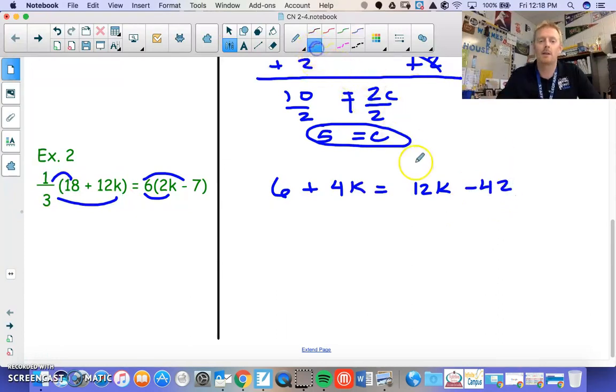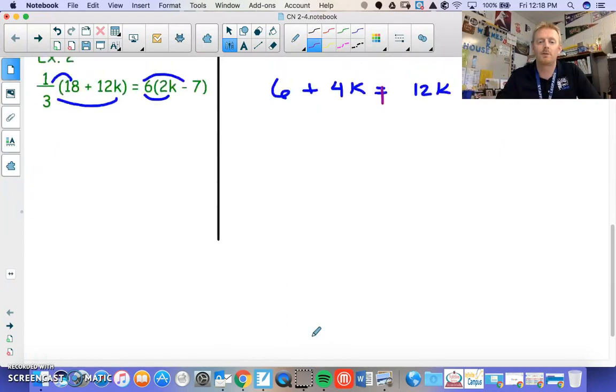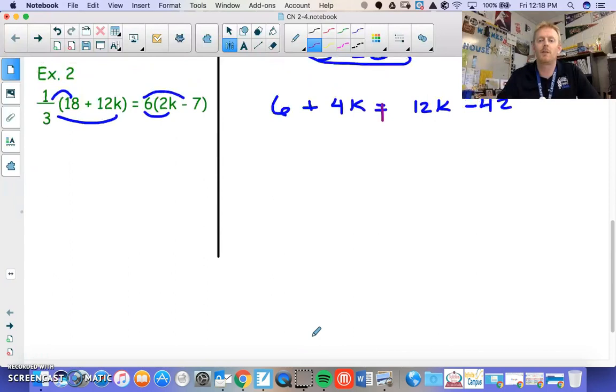So just like on the previous problem, my goal is to be able to, whoopsies, get all of my variables onto one side. So I'm going to move the smaller variable first. So that's my 4k, which is smaller than 12k's. Now again, our goal is to get all of the k's onto one side and all of the regular numbers, the constants, onto the other side. So if I subtract 4k's,